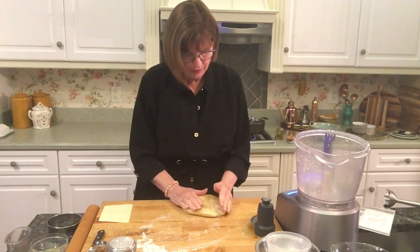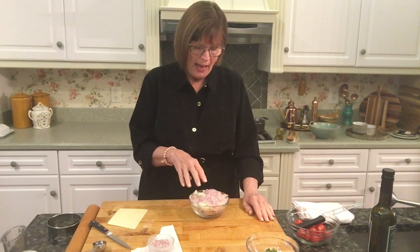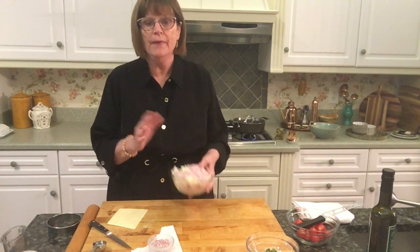And in the meantime, we can work on other parts of the dish. Let's get the rest of the components all together and assembled. So I mentioned that there are caramelized onions in the goat cheese tart, so we need to caramelize some onions. You can either use shallots, you could use a sweet onion, you could use leeks. Anything in the onion family will be delicious in this tart. So I have 1 large sweet onion and I have 2 shallots in this dish, which I just sliced fairly